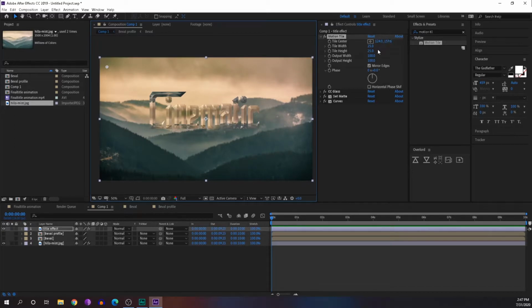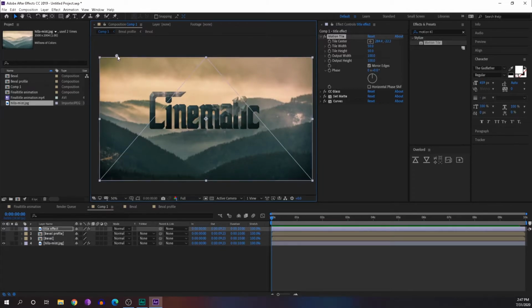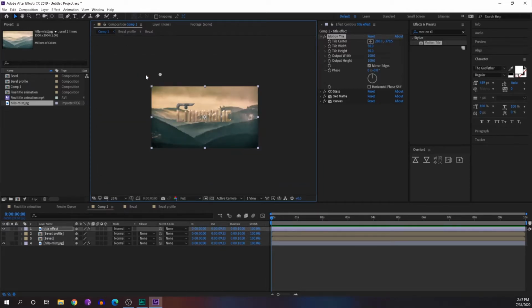Okay, so we can maybe increase that tiling. Okay, next we are going to animate that tile effect.